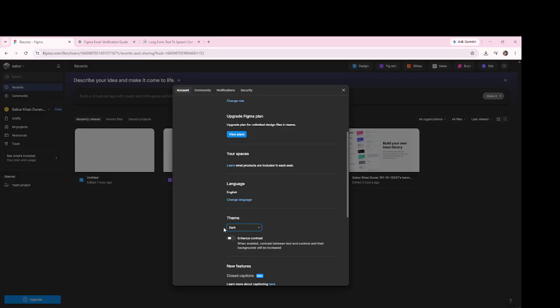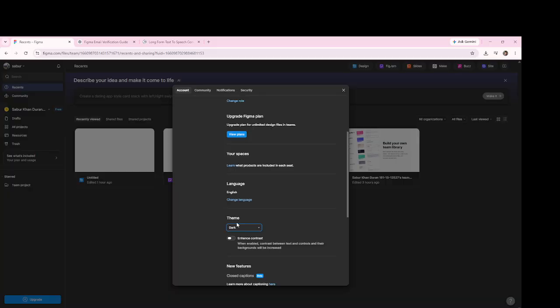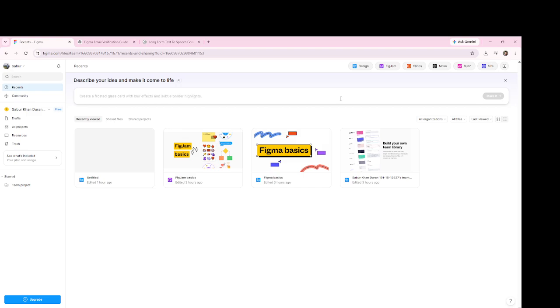If you want Figma to automatically match your computer's appearance, you can select the system option instead. This will make Figma switch between light and dark mode based on your operating system settings. After selecting your preferred theme, close the settings window and continue using Figma. You'll now see the entire interface in dark mode, making it more comfortable to use, especially during long design sessions